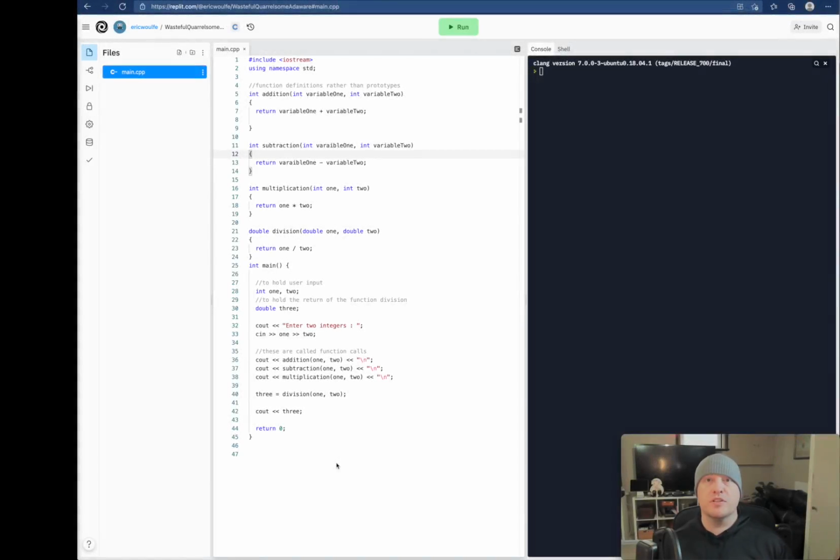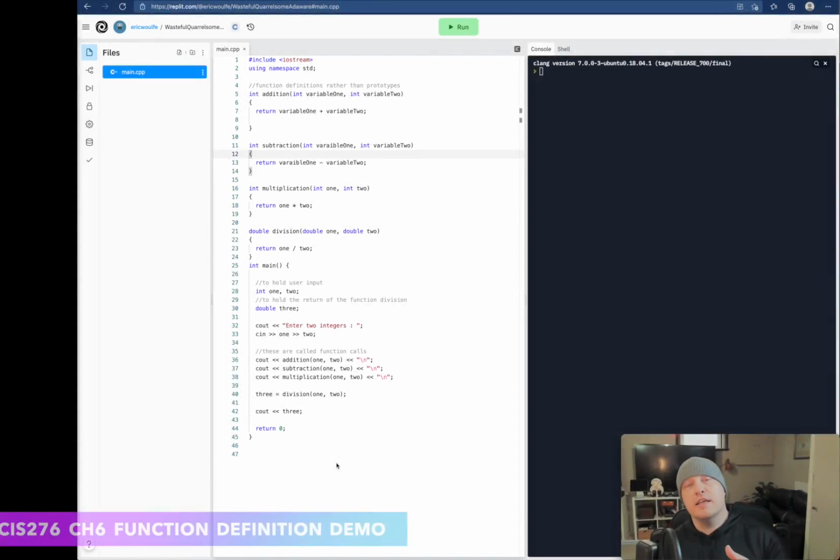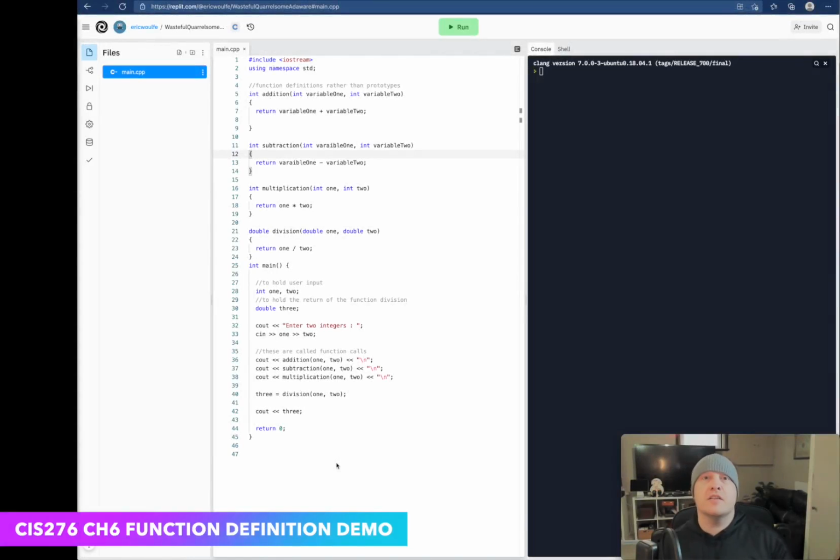First example, we're going to look at a program that has its function definitions first. So let's take it step by step and go through absolutely everything that is happening here in this example. First and foremost, again, the function definitions are going first. So what this suggests is after our includes and before our main, that's where we're going to see our function